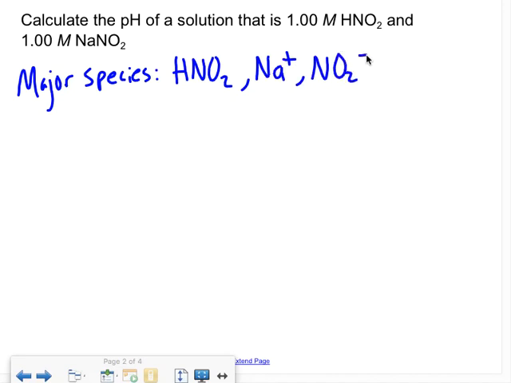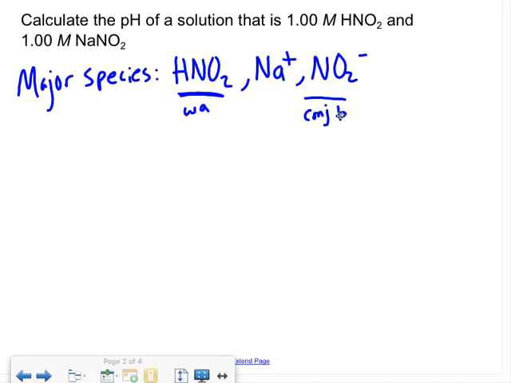Now, HNO2 is a weak acid, and the substance it forms when it acts as an acid is NO2-, and that's its conjugate base. So anytime you have a weak acid and its conjugate base in the same solution, you have a buffer. And when you have a buffer, you